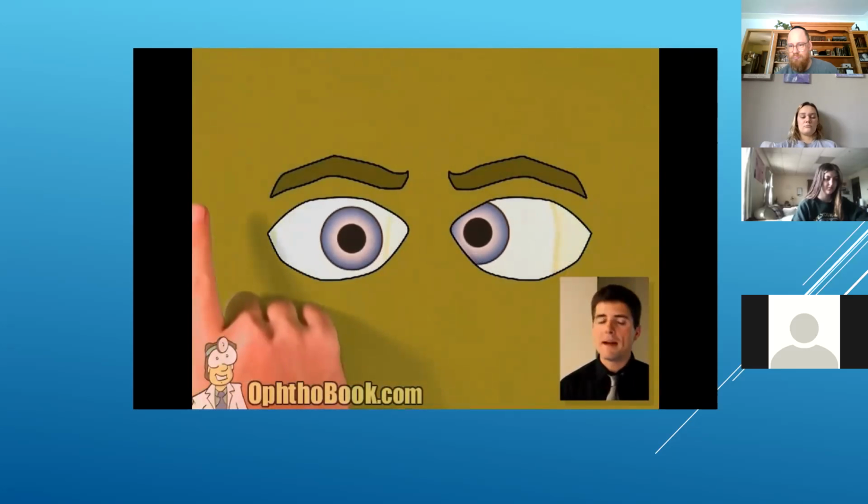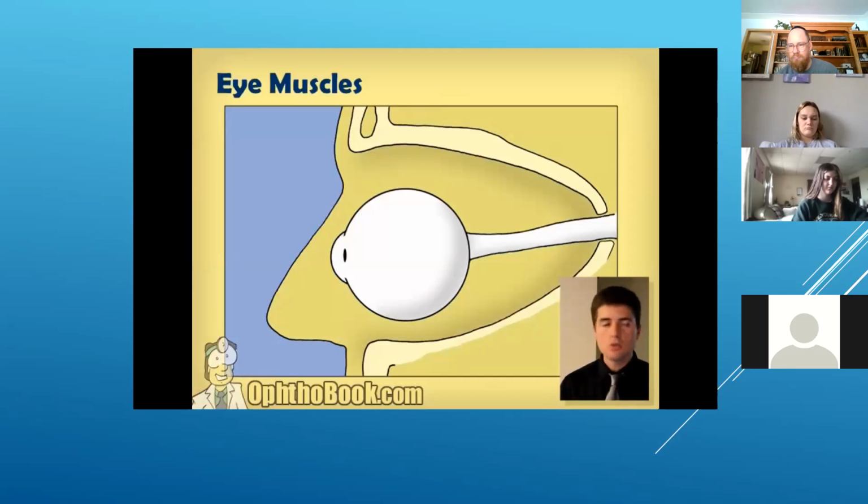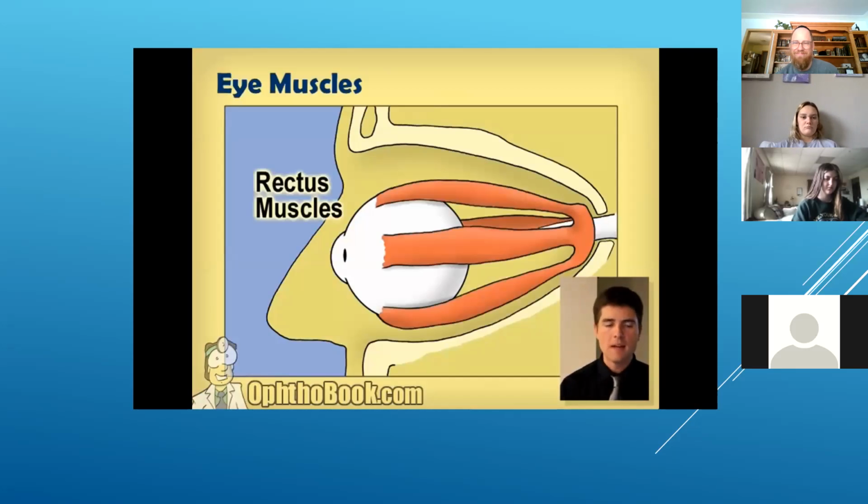But we'll come back to that, because what we need to talk about if we're going to talk about eye movement disorders is the cardinal directions. Now, let's do some basic eye anatomy. As we know, the eye sits inside of the eye socket like a scoop of ice cream inside of a waffle cone. And there are rectus muscles, which do up, down, left, and right, which attach to the surface of